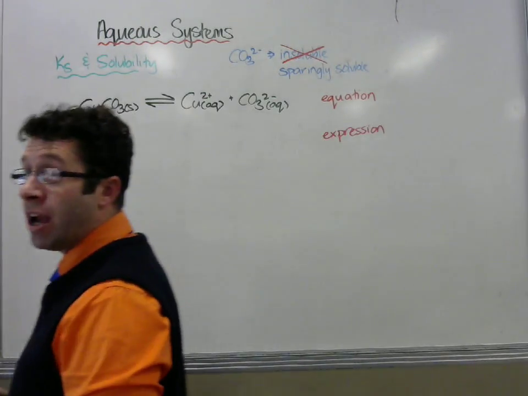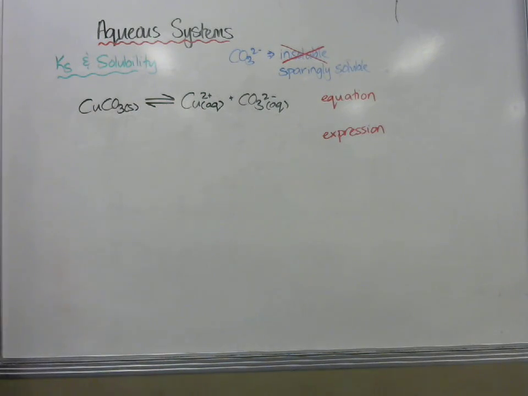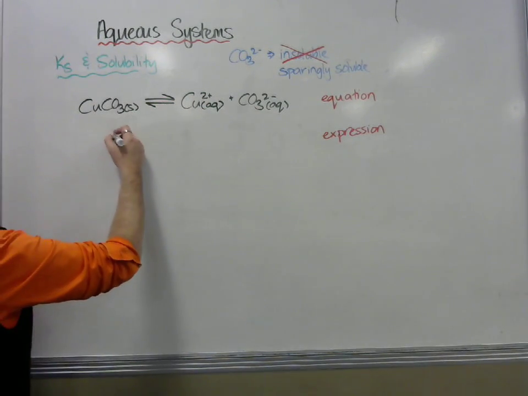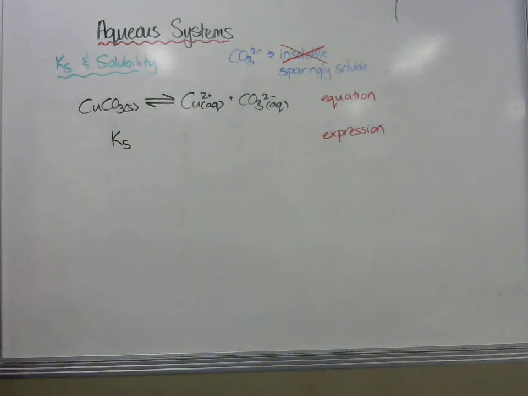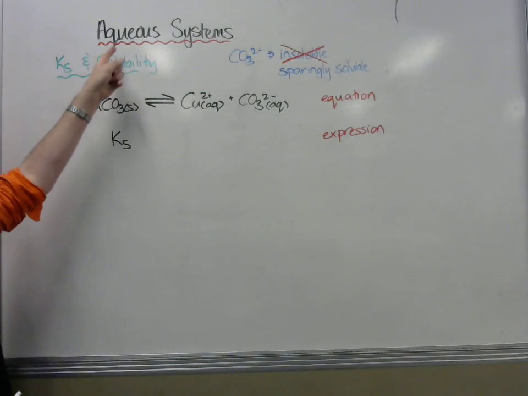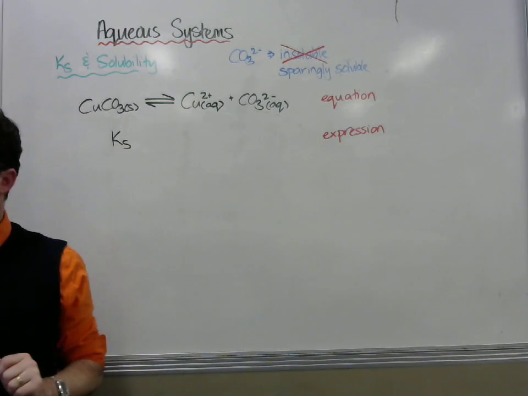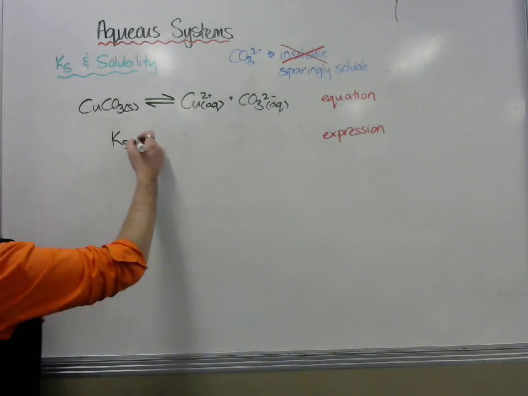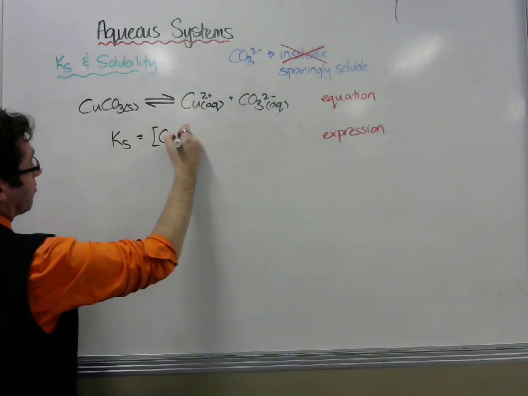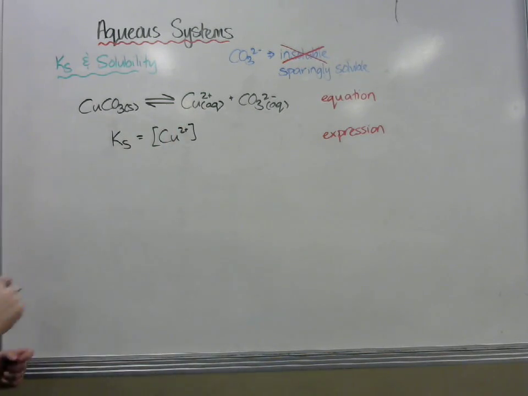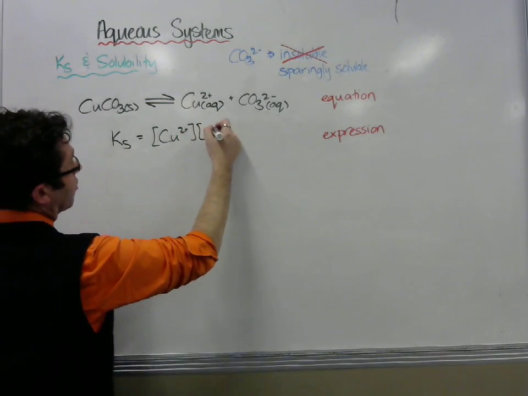But we have to know how to write these, because the rules we were given last year are a little bit too simple. For this, because it's going to be a number, so there's some maths involved, I only care about the things dissolved in water. Because it's got maths involved, I only care about the aqueous stuff, which means states of matter are very, very important in this topic. So Ks will equal the concentration of copper ions. Now I'm going to take the aq out, because I'm writing it only because it's aqueous,